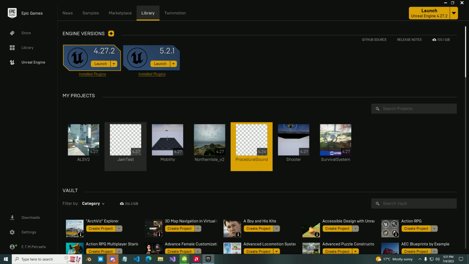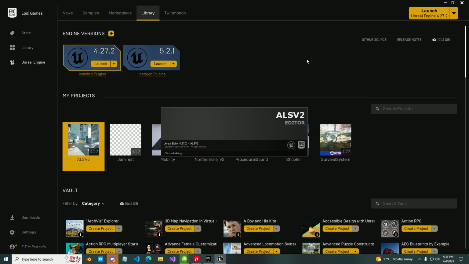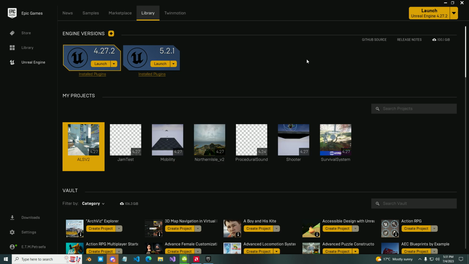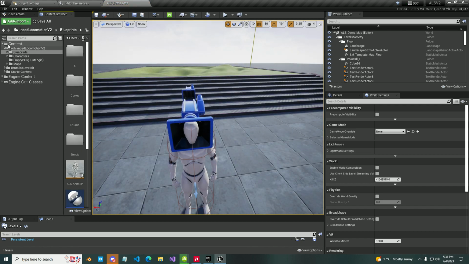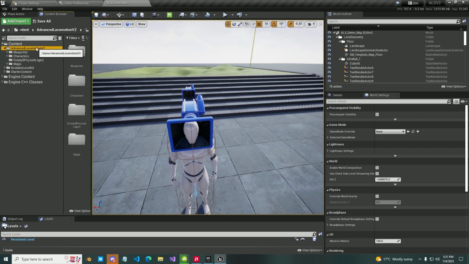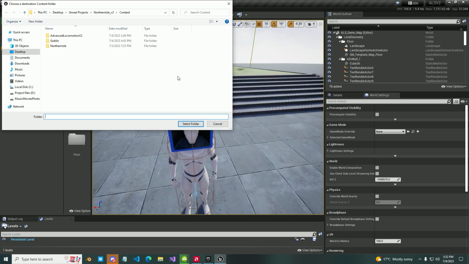Close this. Open up ALSV2. Wrong one, I opened up the wrong one. This is one that I just did now, but I created a project with ALS in this one, but it does not matter. We're going to just migrate to Advanced Locomotion System only. So just select Advanced Locomotion System, migrate, close it all there. You don't have to worry about anything else. Just go like that. Select your project,